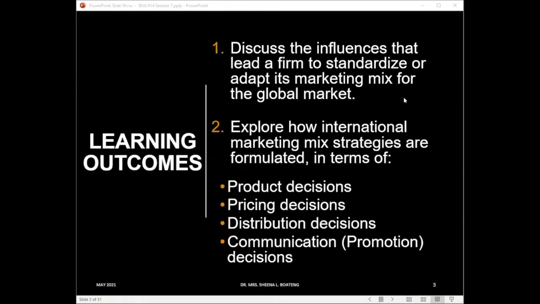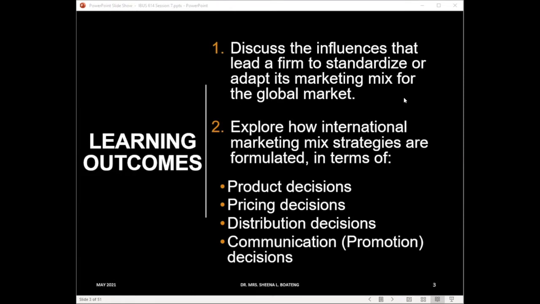Now, the global marketing mix is basically going to look at how global marketers apply the primary marketing tools, which we refer to as the marketing mix, or the 4 Ps, made up of product, price, place or distribution, and promotion or communication, to be able to reach customers and promote and sell their products and services to them